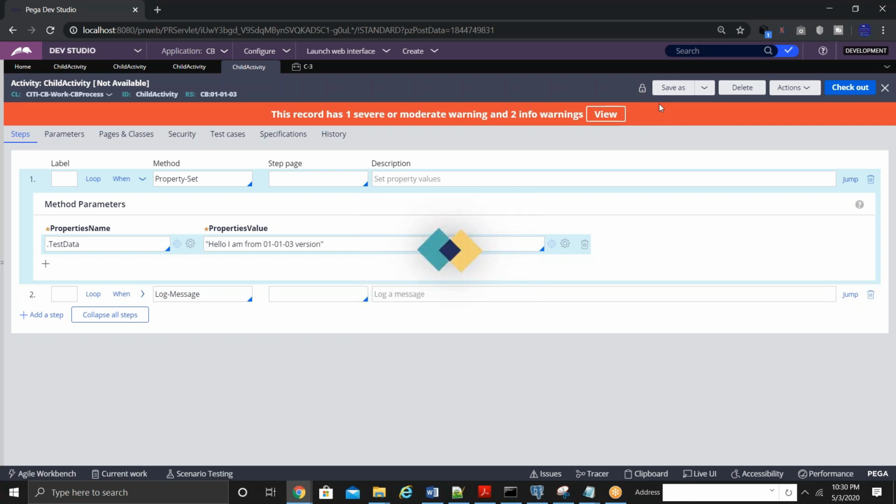The immediate lower version is 02, which can be picked at runtime, and the code written in that version will be executed.